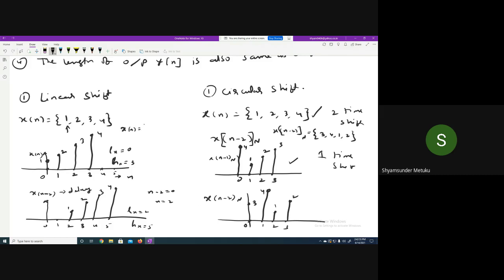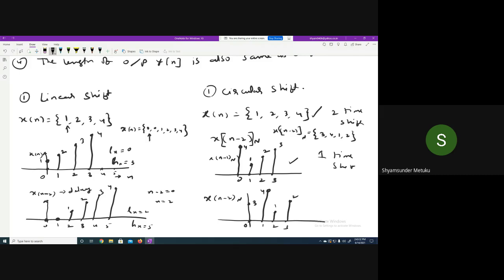Whereas here, if you wanted to write x of n, how do you write? X of n is equal to 0, 0, 1, 2, 3, 4. Yes or no? Say, respond. Sir, can you repeat it again, sir? After shifting 2 times in the linear mode, the first two samples are what? 0, no? Yes, sir. So I am writing 0 and 0 here. Remaining samples are 1, 2, 3, 4. So you can start, origin is here, and it will be 0, 0, 1, 2, 3, 4. This is the signal after linear shift.